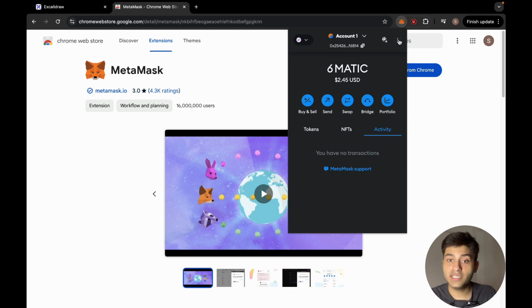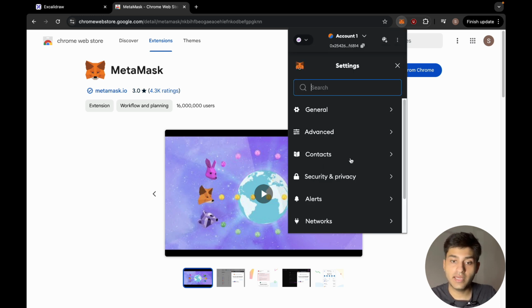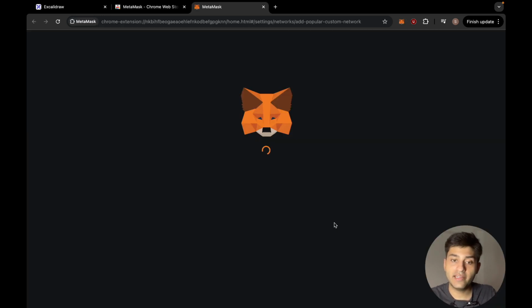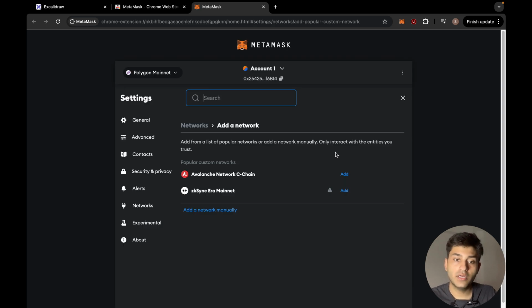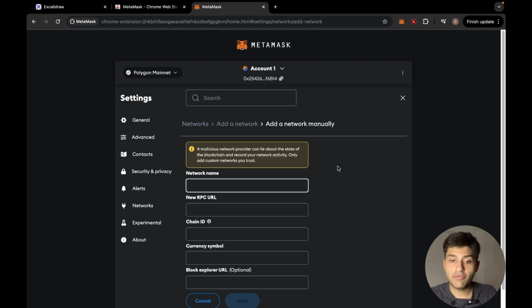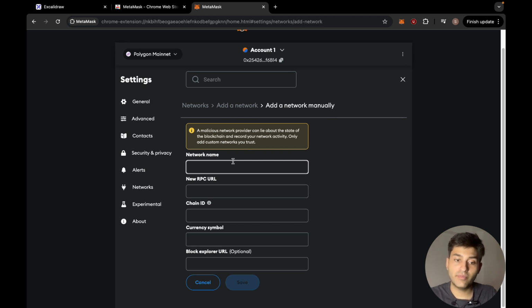If you want to set up custom chains, then you need to go to settings, go to networks, and click on add network. Then it will redirect you to this particular URL where you will be able to add a new network. You can click on add manually however you please, and you can enter all this information, the most important ones being RPC URL and chain ID, and that way you can add a new network to MetaMask. The reason I'm showing you this is because it's very common for people to add a new network to MetaMask, because the default ones are